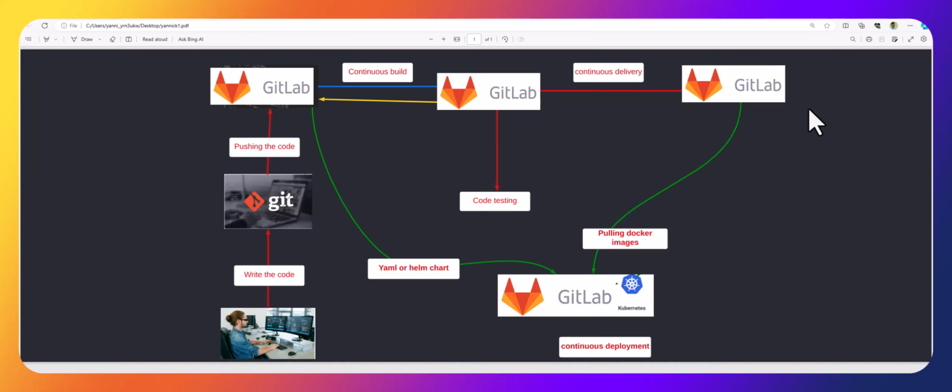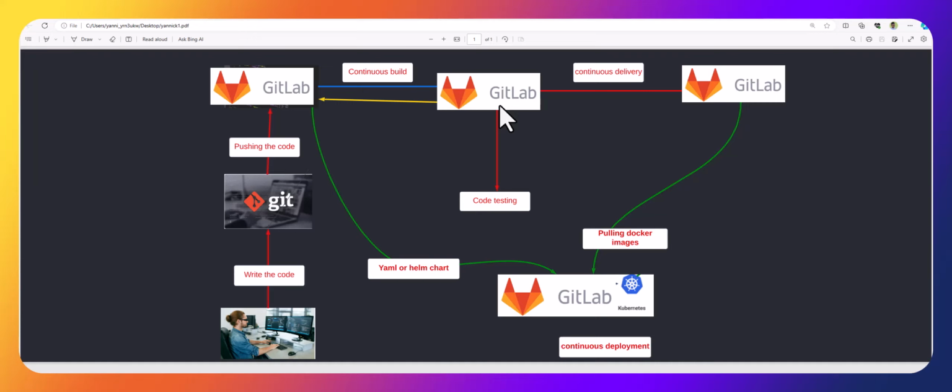So that means when the developer pushes the code to a GitLab repository, GitLab is gonna do some testing, like SAST, and it's going to detect if there are any secrets. After those tests, it's going to build our Docker image, and after building it, push it to our GitLab repo